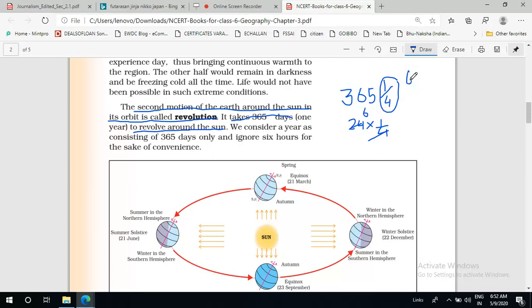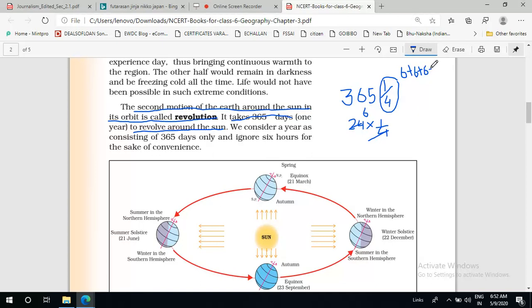Then again second year we have saved 6 hours. So in the first year it was only 6. Now we have the second year. In the second year we have also saved 6 hours, so one more 6 has been added to 6. In the third year also we have saved 6 hours and this has been added to our previous saving. जो पहले हमने saving किया हुआ है 6 plus 6, उसमें अब एक और 6 जुड़ गया थर्ड ईयर। अब जब फोर्थ ईयर आ रहा है तो हमने फिर से उस 6 को जोड़ दिया और